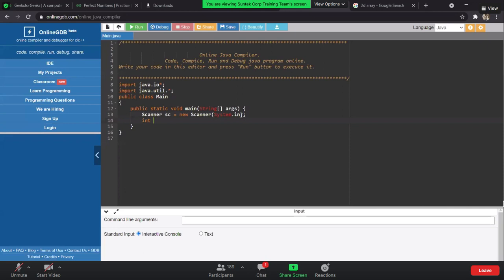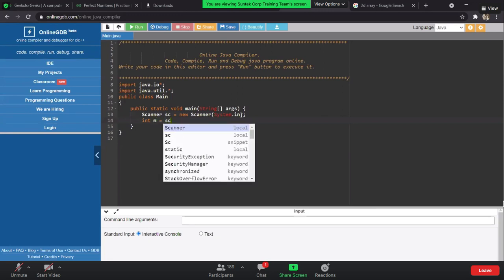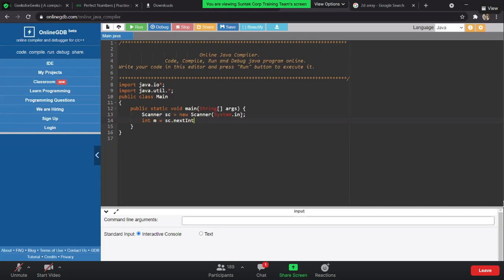Okay, maybe we can try it out in GFG as well. There are no issues with that. Okay, int m is equal to sc.nextInt(). This is the first variable I am taking. This is the second variable I am taking.